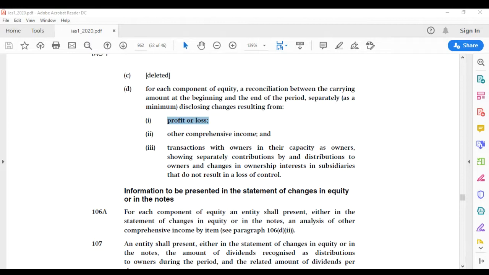To which column in your statement of changes in equity? The profit or loss. Which column? What is that column's heading? Retained income, retained earnings. Thank you, Sinivuyu. Right, so your retained income or your retained earnings column, that is where the